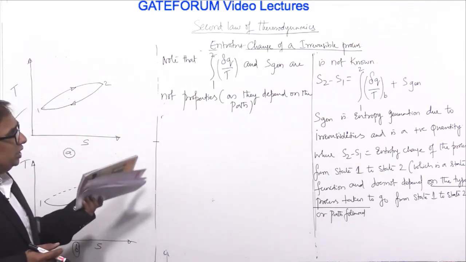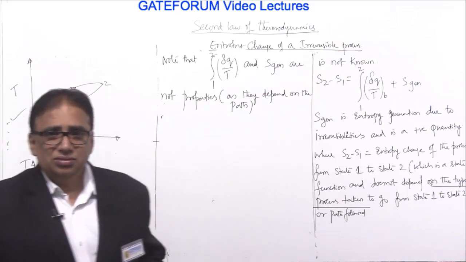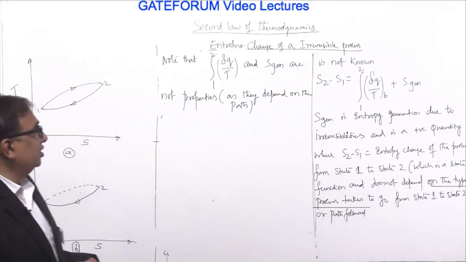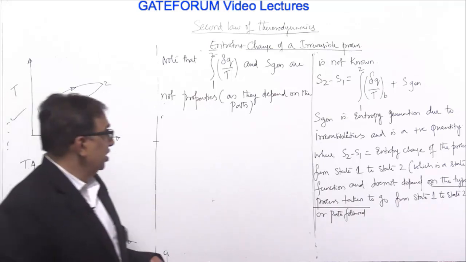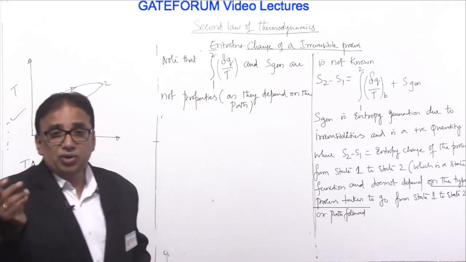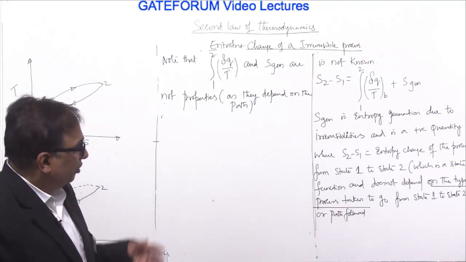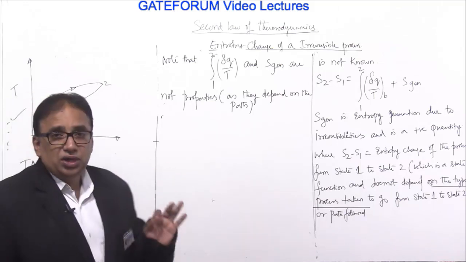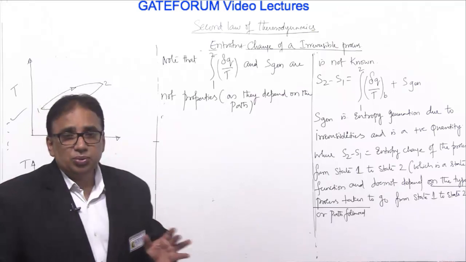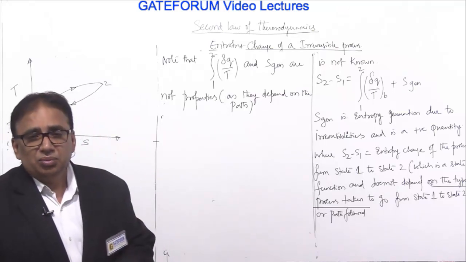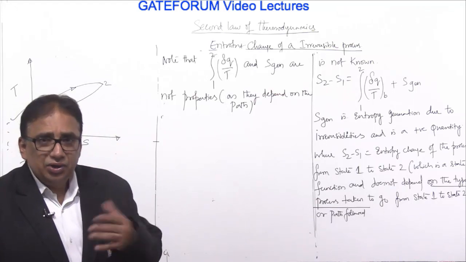And dq by T is an integral from 1 to 2. Okay. And then S generation are not state properties; they depend on the path. One question may be asked. See, that's why I am writing each and everything on the board. Please note it down, because these are very, very important points I have collected from different literatures and consolidated and am giving to you.